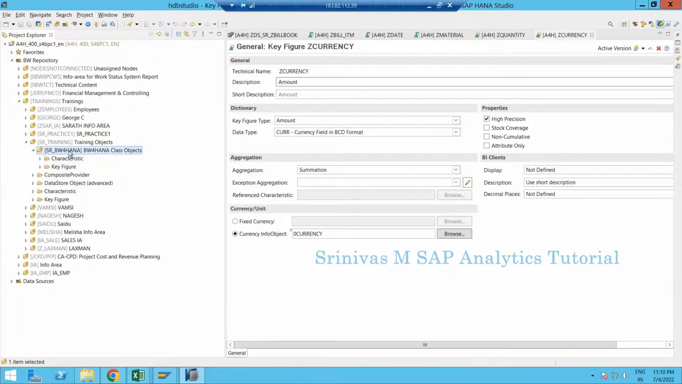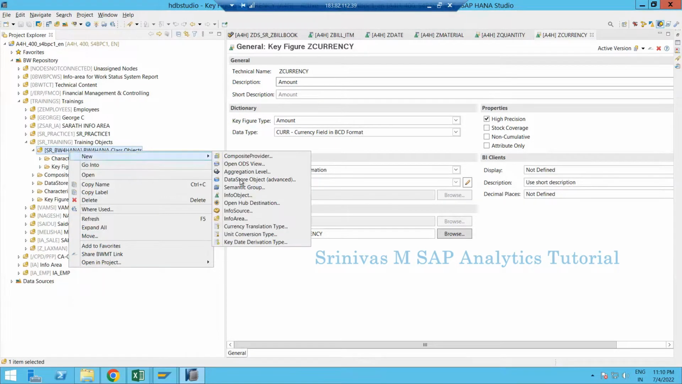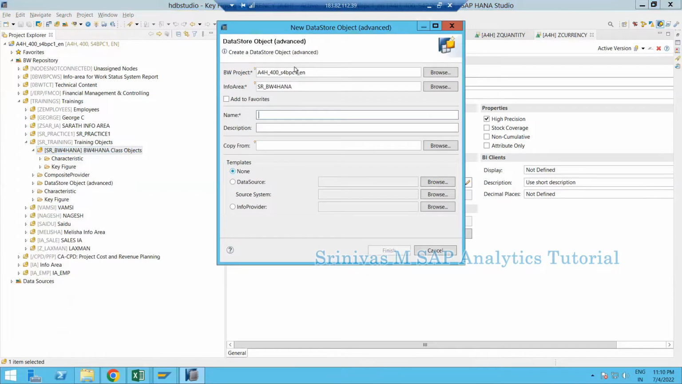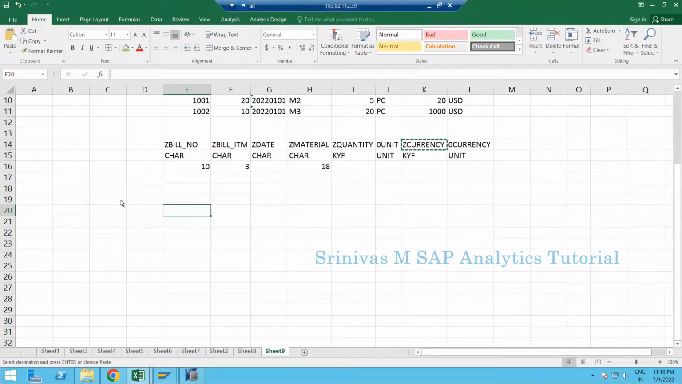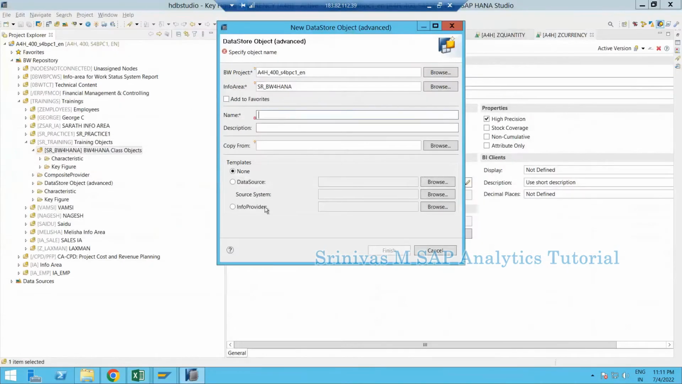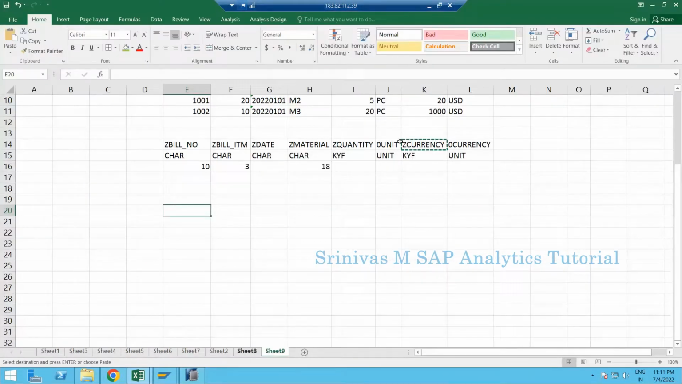Next, right click on the info area, go to New, and select Create Data Store Object Advanced. When you are creating this ADSO, provide the name. First of all, what is our bill data source name? Our data source name is G bill book, right? When you create an ADSO, there is also a limit for the technical name length. So, since I am creating this, I am giving my naming standard ZSR underscore